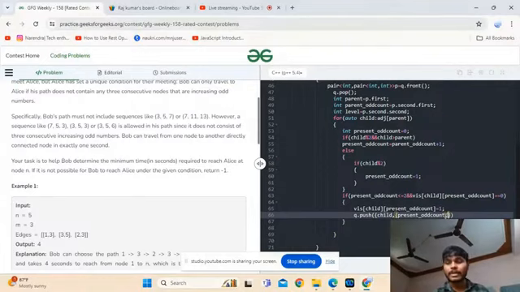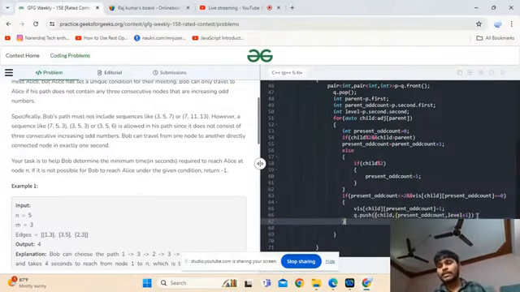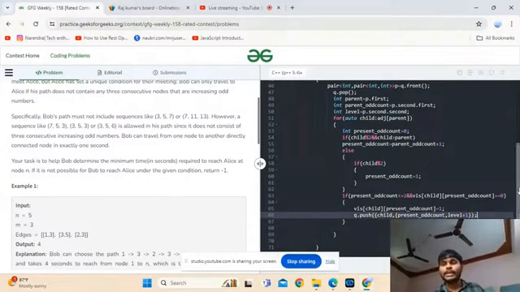Present odd count and level, now it is child, right? Parent level plus 1. I have to take care of that, guys.